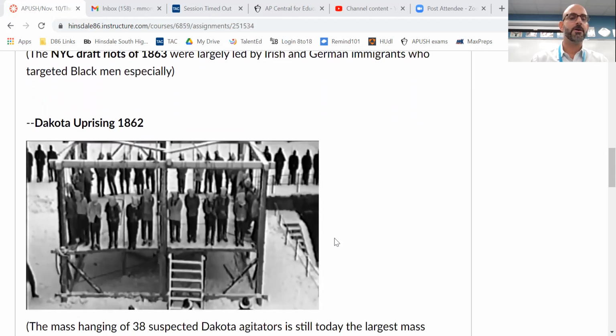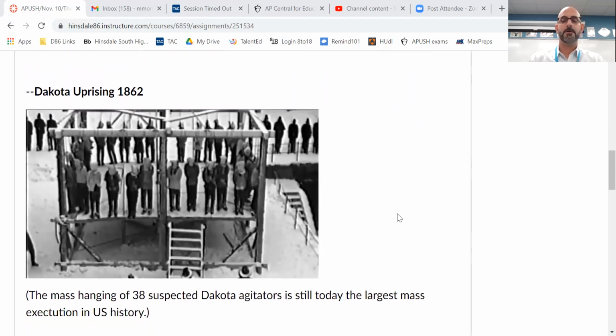So another stressor on the home front for the Union is what is known as the Dakota Uprising of 1862. And this was a Native American uprising where a group of Native Americans in what is now the Minnesota Territory. Okay, so Minnesota was still a little bit loosely organized at the time. And this group known as the Dakota Sioux